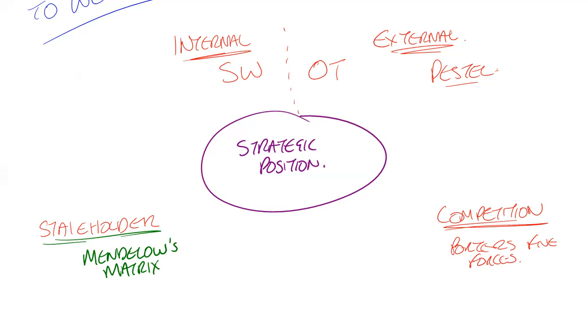So identifying our stakeholders and understanding what sort of power they have over us and what sort of interest they have in our company is something that we're going to be looking at. And the other thing that we're going to be looking at this session is continuing thinking about the external environment and looking at